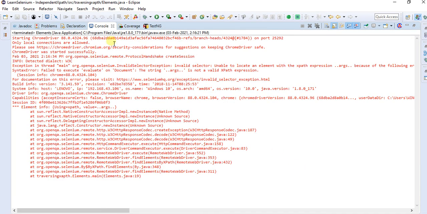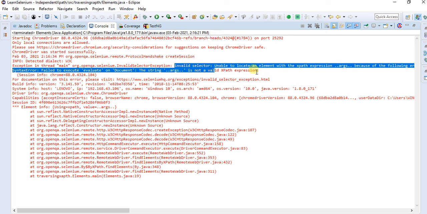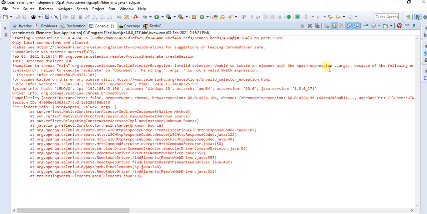Yeah, now we got the exception. Here it is showing org.openqa.selenium invalid selector exception, invalid selector, unable to locate an element with XPath expression. So this is the exception we are getting. It means whatever elements we are taking are not matching with the list of web elements.